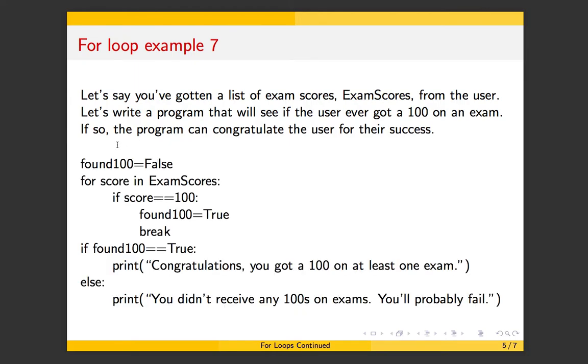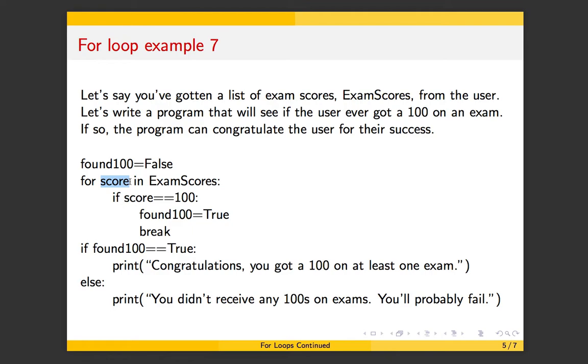Okay, so the same kind of Boolean variable will determine this for you, because the statement, you got 100 on some exam, right? You had 100 sometime. That's either true or false. So let's just create a variable that will record that for us. So initially, I'm going to assume this person doesn't have any hundreds, and then I'm going to go looking for them. So this for loop, again, for loops nicely iterate over lists. That's one of the nice things about them, can traverse through a list without having to worry about positions. You don't have to worry about position 0, position 1, so on. So score here,